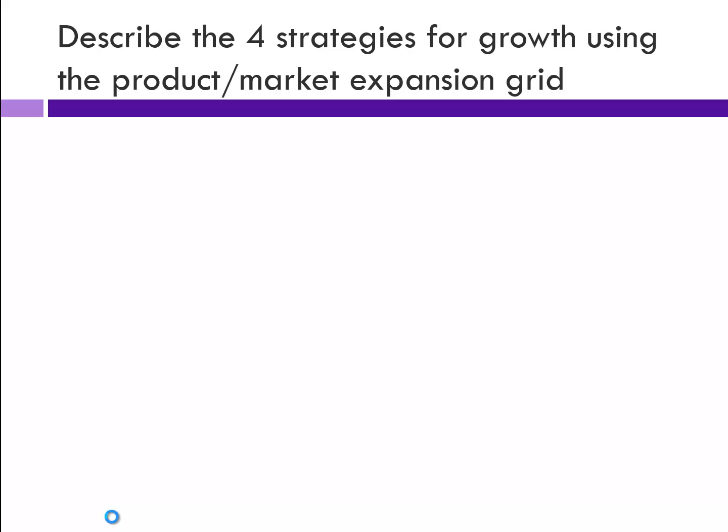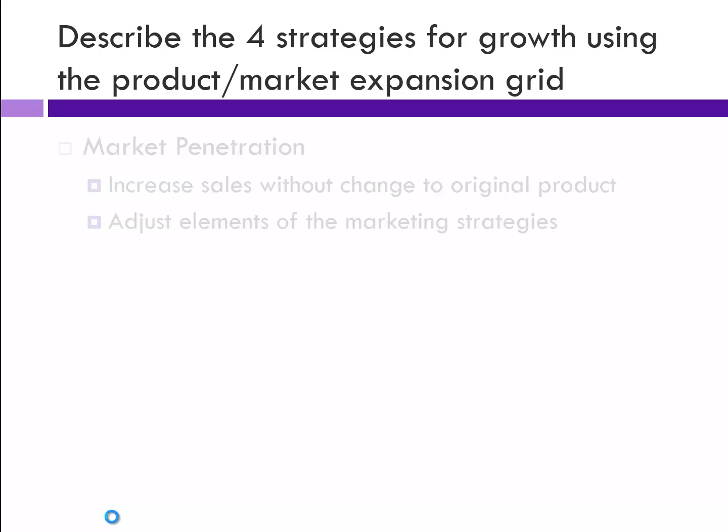So now that we've got our business mix, our portfolio set, we know where we want to put our things. Now it's time to get to the specific strategies for the functional areas, and since this is marketing, we're going to focus on the marketing strategies. So let's say I want to grow. There are 4 different strategies for expanding a market or a product or sales within a market.